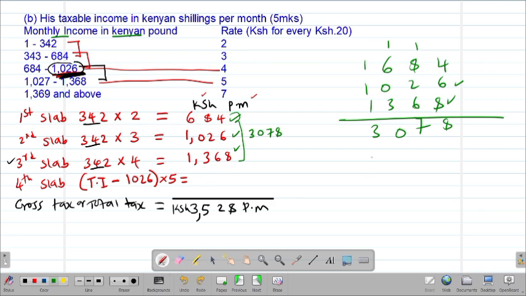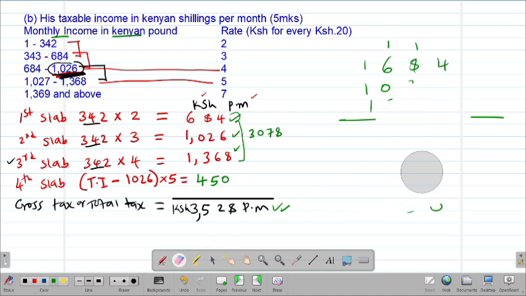So I'm going to subtract here. Our gross tax was 3528. This amount here, 3528, minus 3078. So this will be 0. I'll borrow 1 here. This is 4, 1. This is 5. This is 4. Then of course 0. So we're going to remain with 450. So it means the remaining amount here is